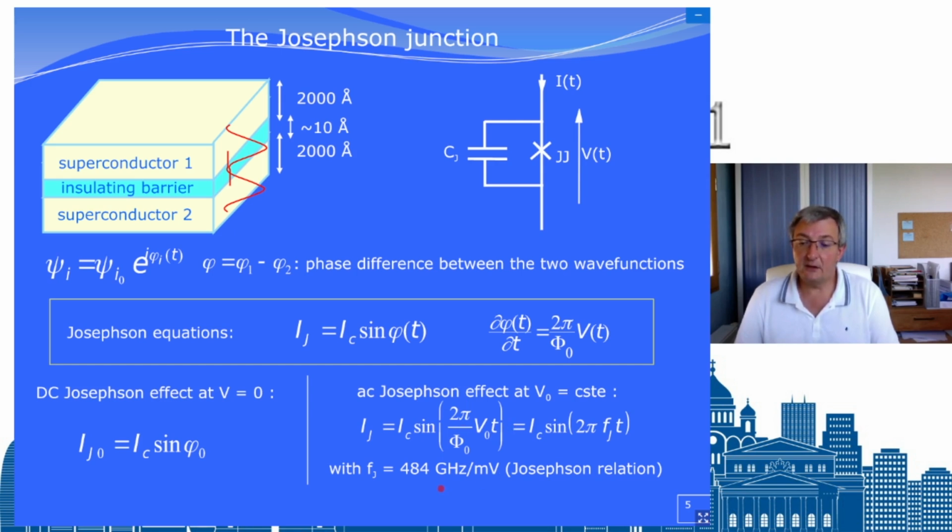So if you apply, usually we work the other way. We try to apply a frequency and then we deduce a voltage, basically because both are connected by this relation: the Josephson frequency is the voltage divided by phi naught. So it's very simple, right? And this is a fundamental constant, meaning if you are accurate with your frequency and time, and we know to be accurate to at least 10 to the minus 15 today